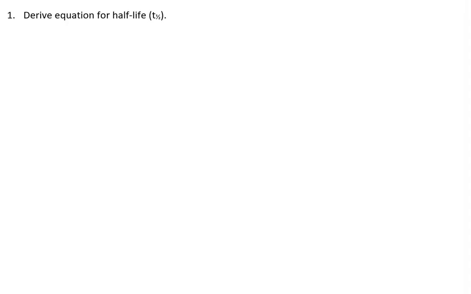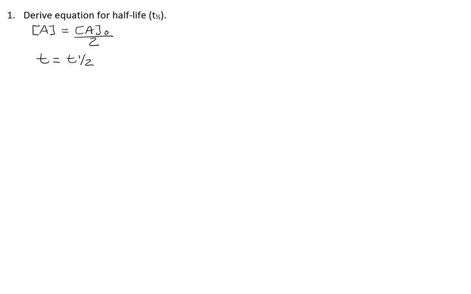Whenever we derive an equation for half-life for any reaction order, there are two relationships that we need to set up first that are related to the definition of half-life. The first is that the concentration equals the initial concentration divided by 2. That is, it is equal to half of the original concentration. And the second one is that we set t equal to the half-life, or t equals t 1/2.